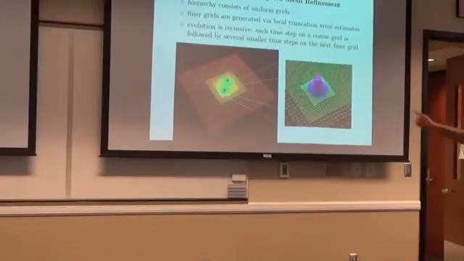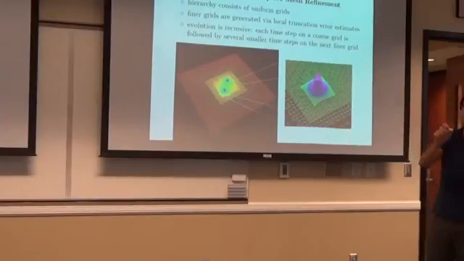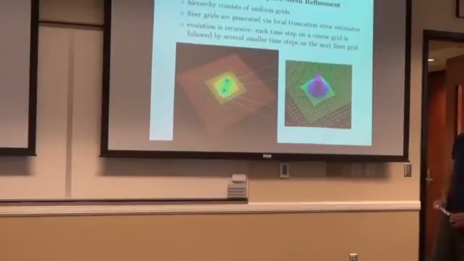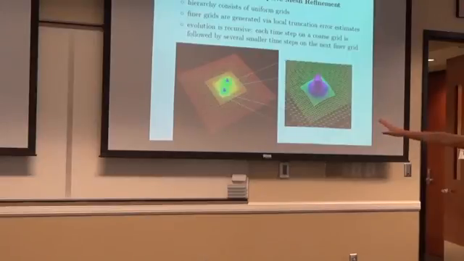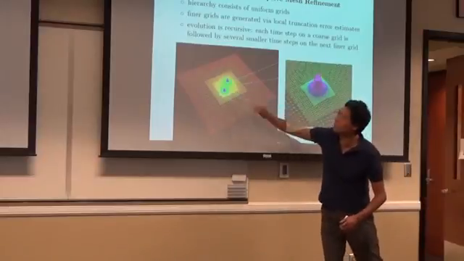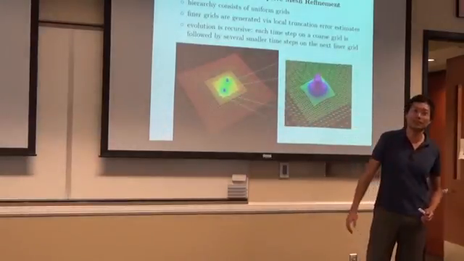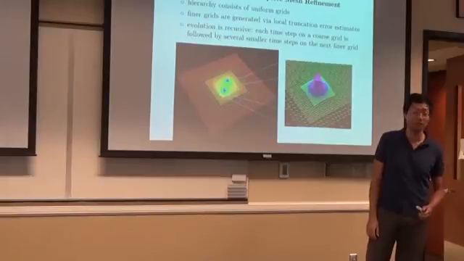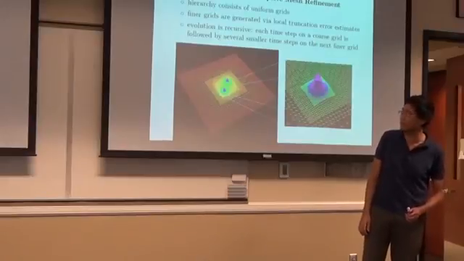What it does is, wherever you need more resolution, it will put down a higher resolution grid and evolve that, and then use interpolation, or extrapolation rather, to go back to the original grid. And the evolution is recursive. Instead of evolving all of the grids, now that you have this hierarchy of coarse grid and finer and finer grids, to obey the condition that Takaki had mentioned about stability, the CFL condition,